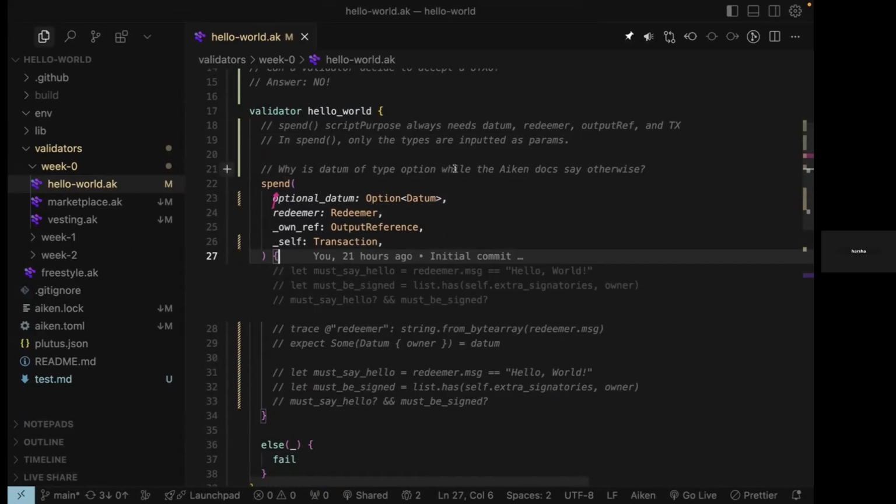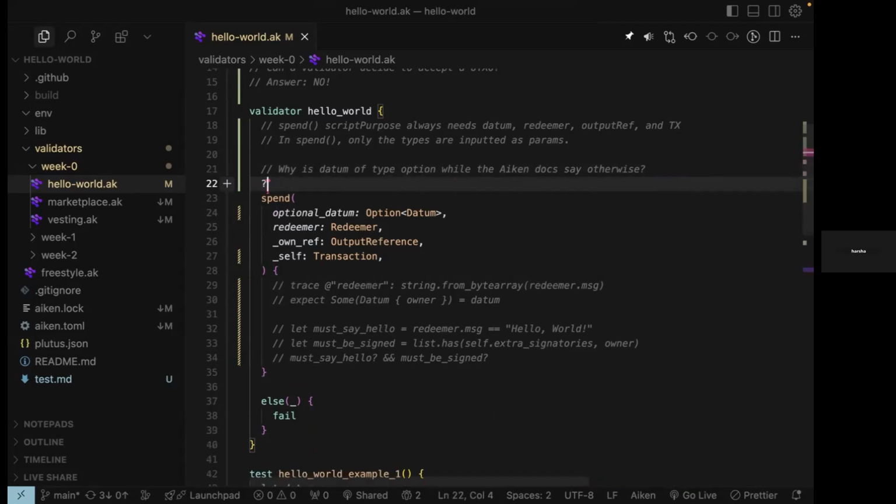Why is datum type optional when the docs say otherwise? Can someone put this in the Newman or unspent section? Do you guys want to take that? Why is datum type optional while the Aiken docs say otherwise? Well, actually, Aiken docs don't say otherwise. So that's the first thing we should do, because we just found the answer from the Aiken docs. Yep. But datum is optional because